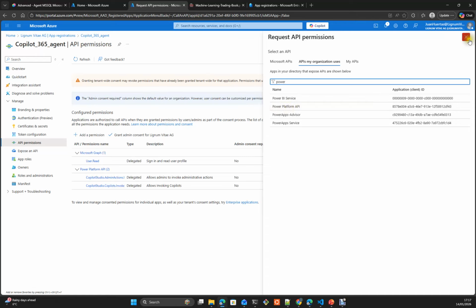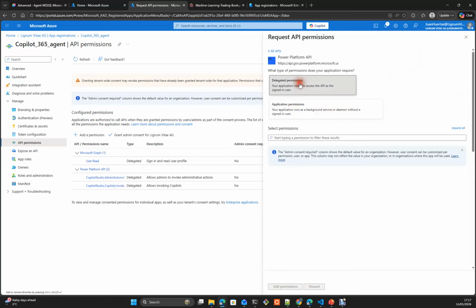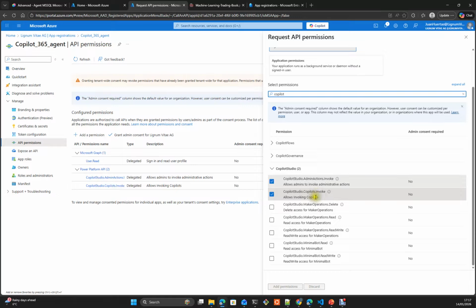It's pretty simple. It's just run a command, and then once you have this created, you can delegate the permissions to Copilot, and then you need at least Copilot invoke. This will allow us to interact with the agents that we have in Copilot Studio. I also include admin actions, but for the purpose of this video, you just need Copilot invoke. Okay, so once you have that,